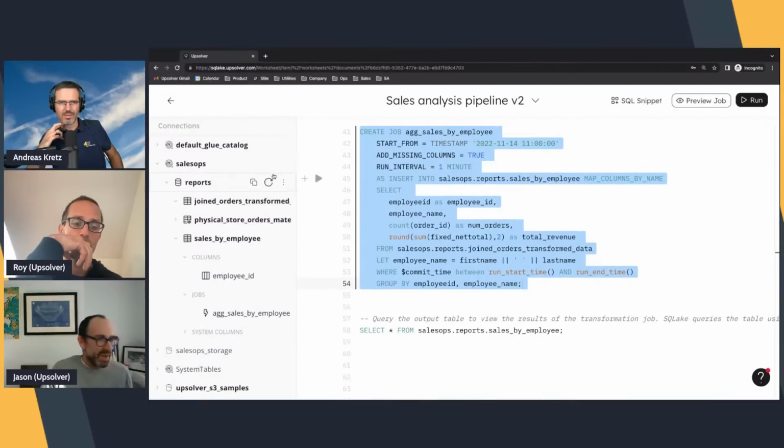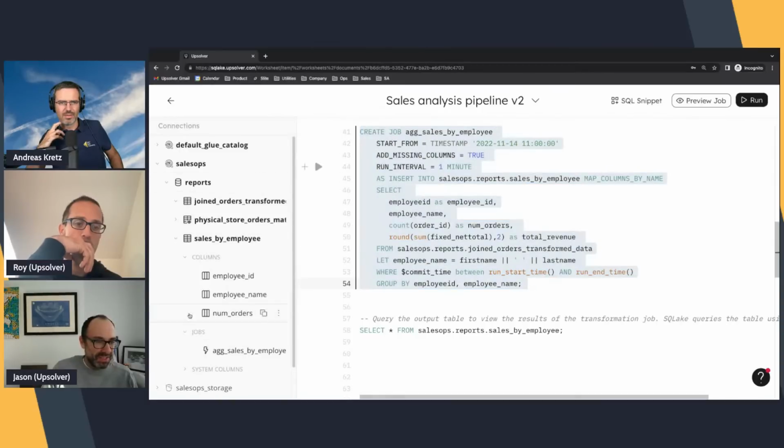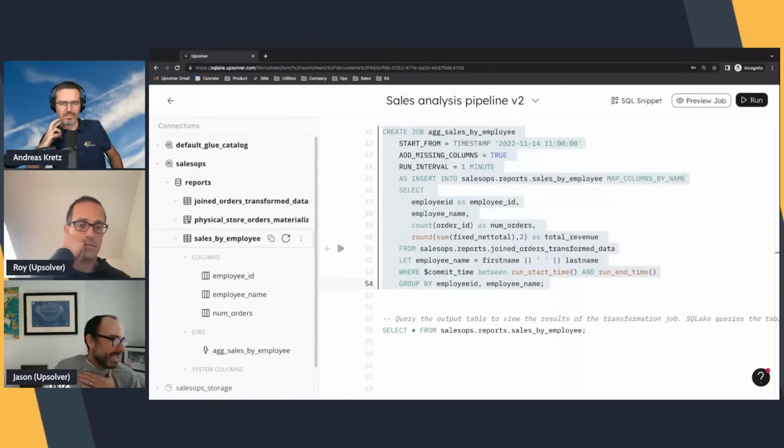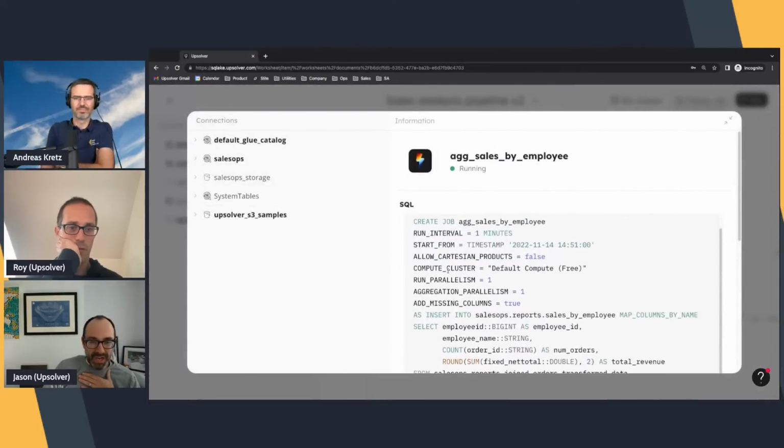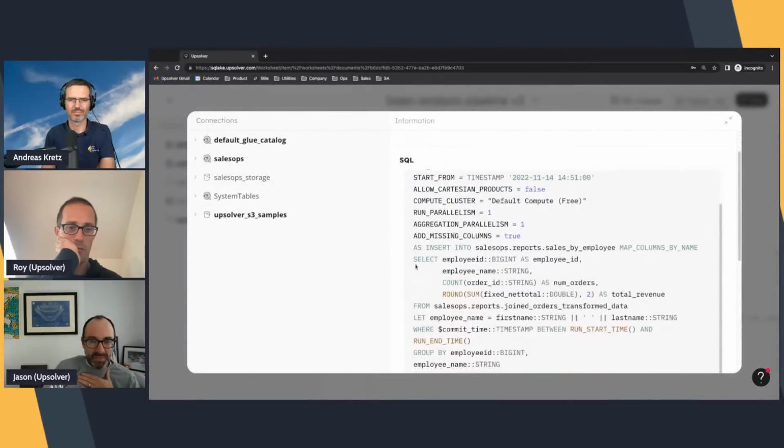But then to your point about readability too, right? Let's assume this has all been running, and now somebody's asking questions, or maybe a new employee has picked up for me, a different analyst is getting questions about the sales by employee table. You know, how is that aggregating? Why is it aggregating that way? In the catalog where you look at sales by employee, you see the job that's writing to it. So you click on it, you expand it, and you can see the exact SQL that is being used to